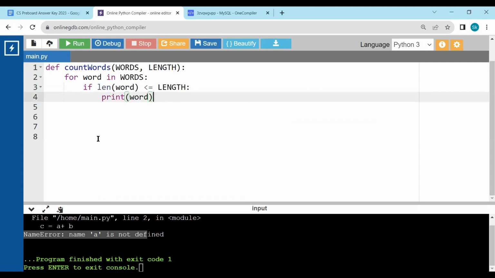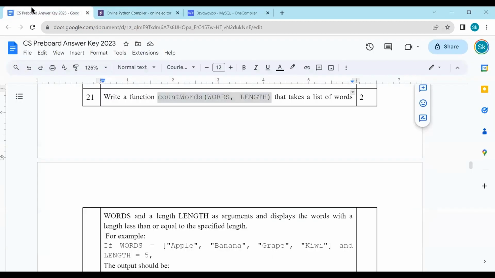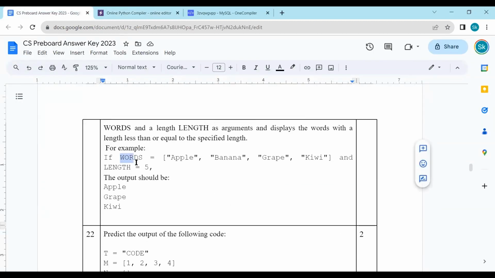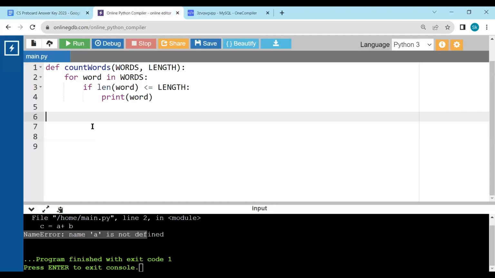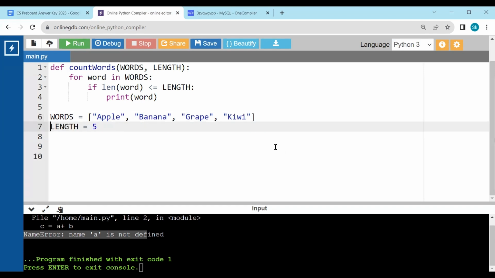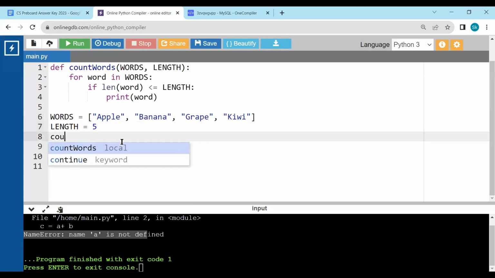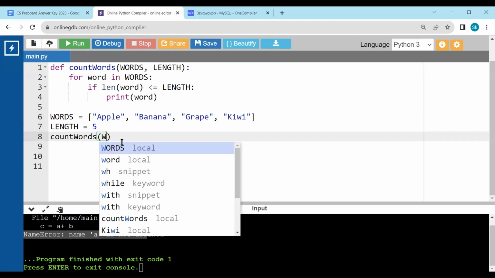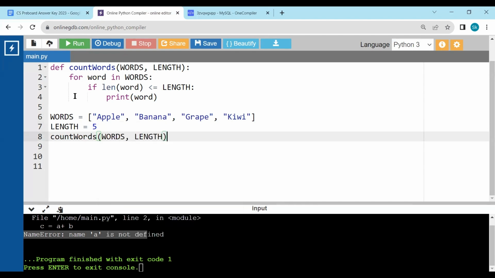This much. Here also, many students have tried to take the input inside the function, which is incorrect. You should not take the input inside the function. Let's see, I'm taking the same which is given in the question. So we have this list here, and this length is here. And obviously now I need to call the function count words, and I'm passing these words and length to the function. Now if I run this code,